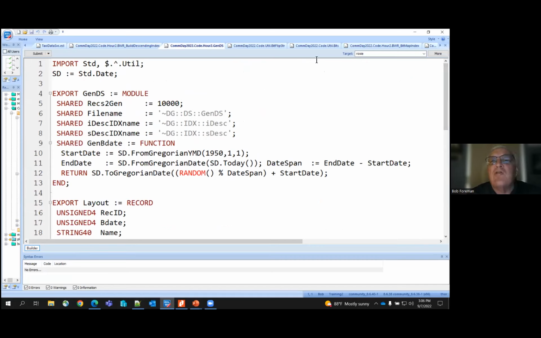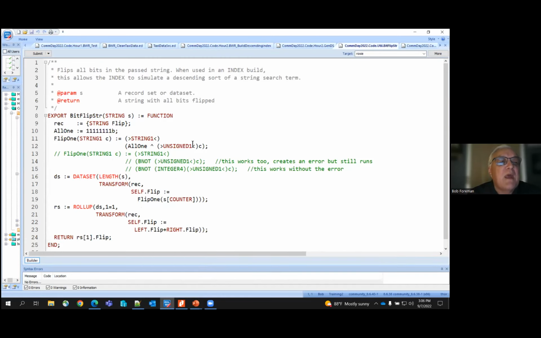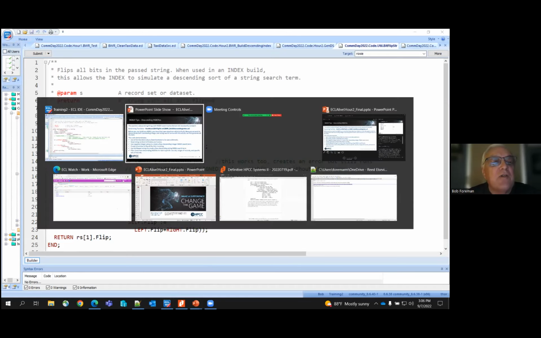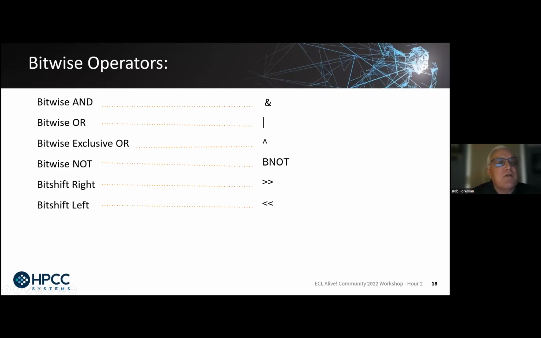In order to actually run this, I'm going to show you in our build descending index. The other function that he brings into focus in this chapter is one where he's taking a string and doing bit flips. And I have to say, I'm not a guy that does bit flipping every day. So once again, in our Introduction to ECL class, we've got just a kind of a shortcut here. If you're doing bitwise ANDing or ORing or exclusive ORing, these are the operators that you use